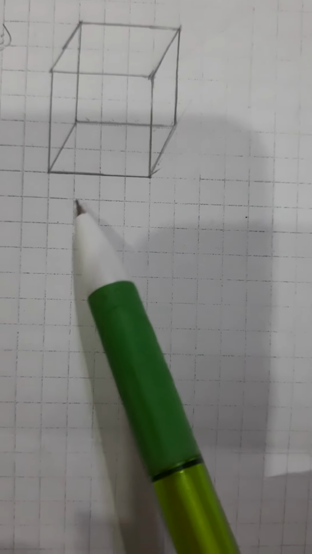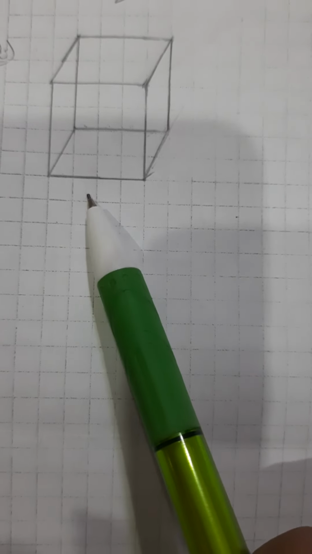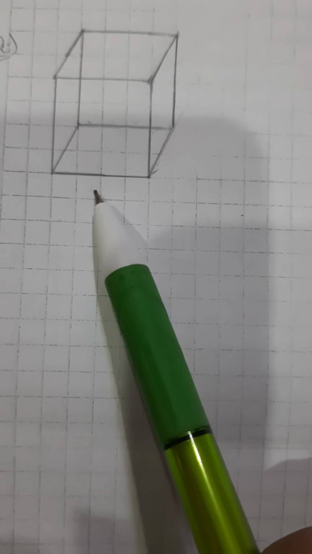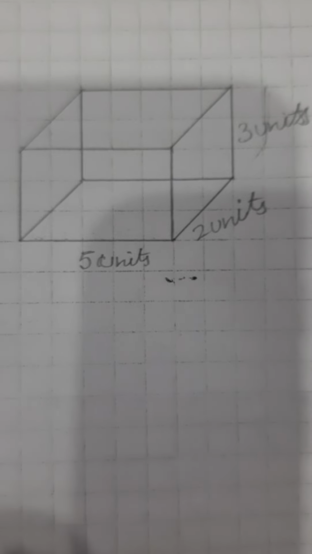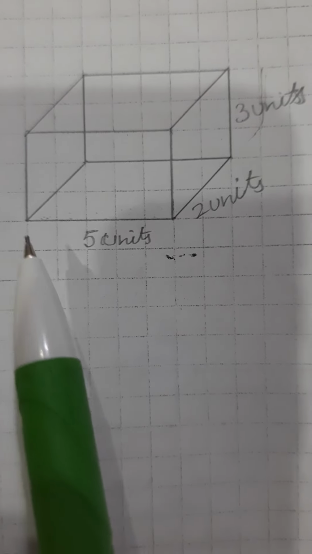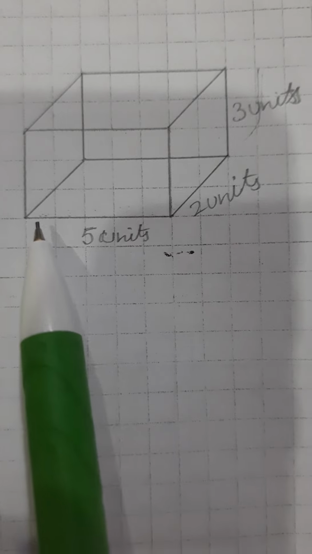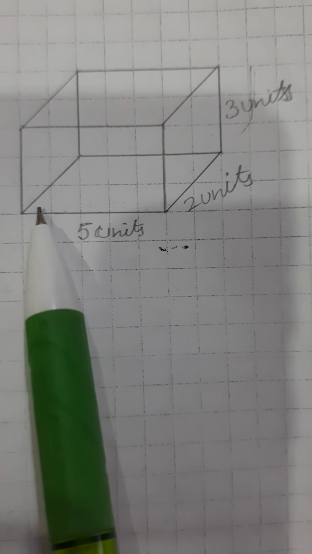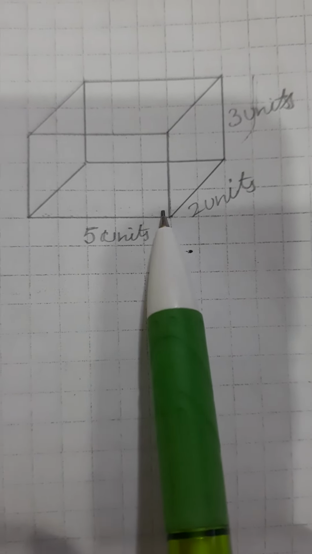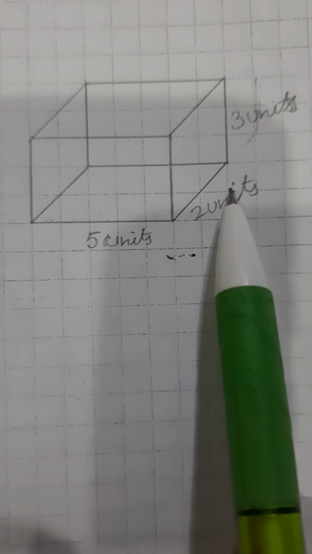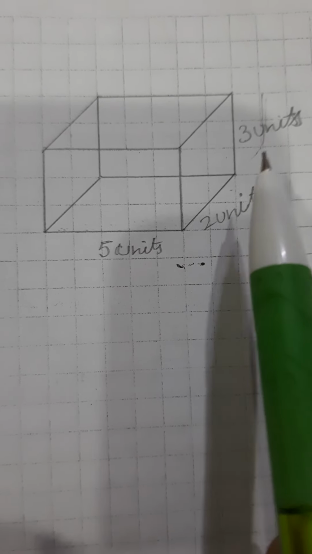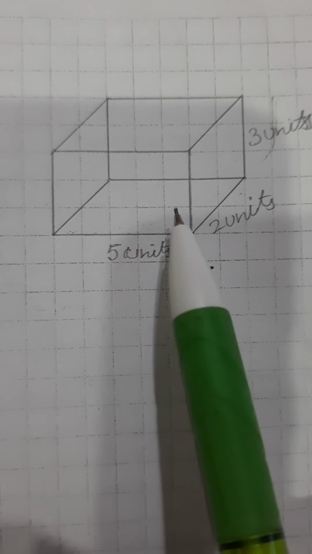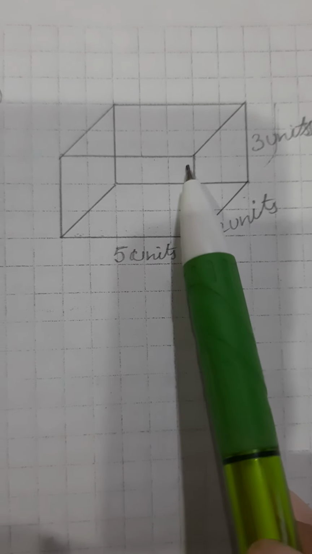Okay, so one square box will be used as one unit. Okay, so now I'm going to show you the cuboid also. You can see here the cuboid which I have made with the help of these square boxes. So here I have taken the length of 5 units, 1 2 3 4 and 5. I have taken the breadth of 2 units, 1 and 2, as well as I have taken the height of this cuboid is 3 units, 1 2 and 3.